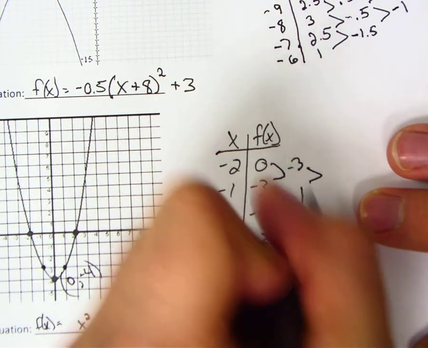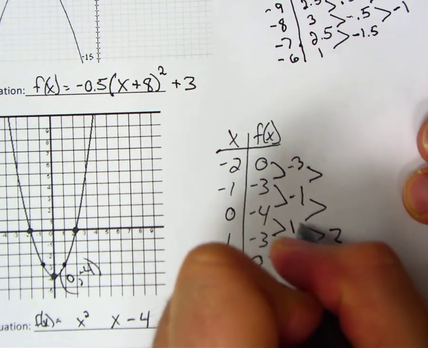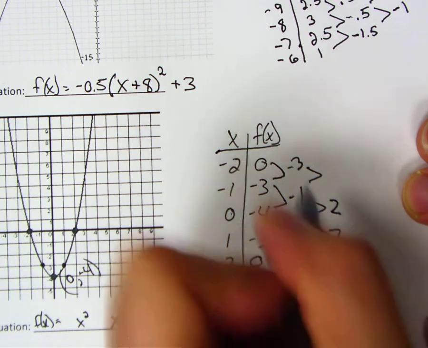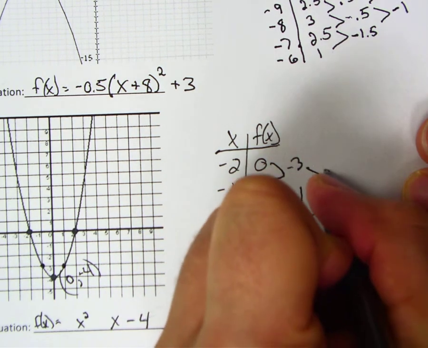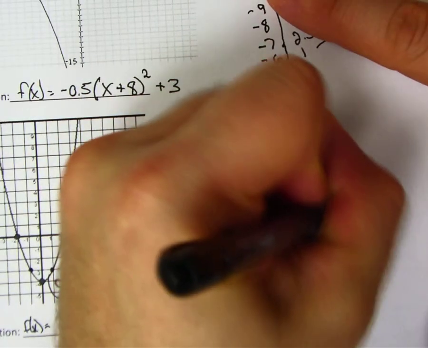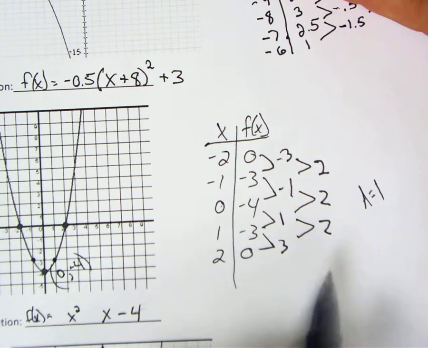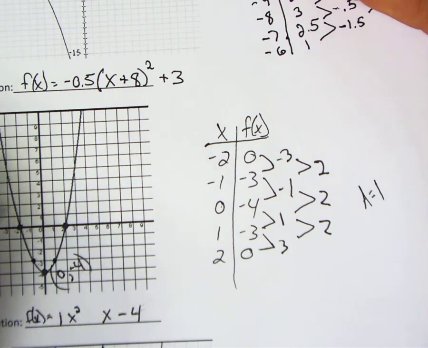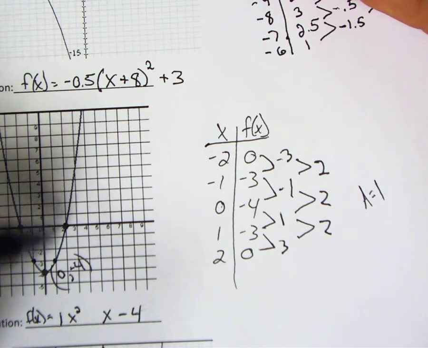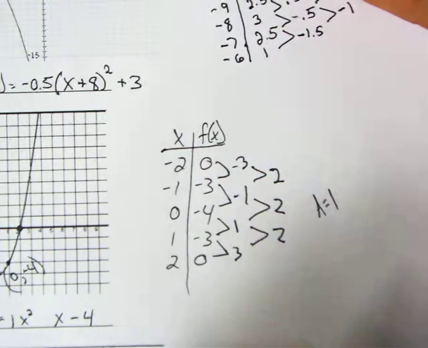So then I find my changes of my changes. 3 minus 1 is 2. 1 minus -1 is 2. -1 minus -3 is 2. So if I look here, my a value, a is going to equal 1, because 2 divided by 2 is 1. Right? So I can put that right here. Also makes sense that it's positive because it opens up. Right? And now I'm going to find my b value. Alright? And I know